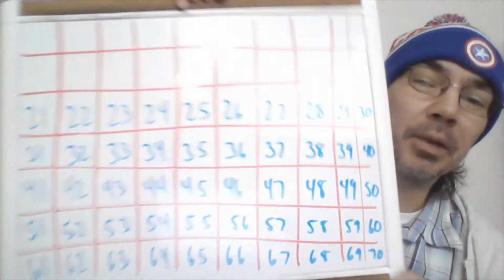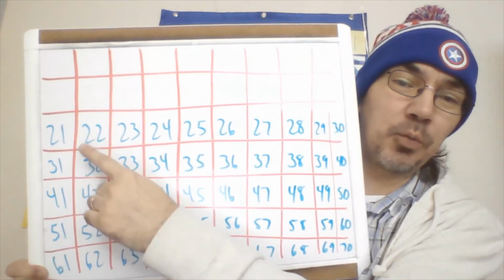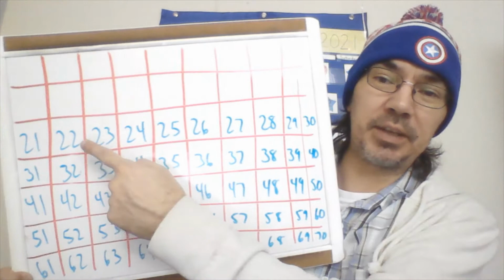Anywhere on here. So, for example, I made up a little chart of my own. Took a lot of time to get this. Now, over here is my chart. And you see, I didn't start at 1. What did I start at? 21. And then just start counting on.